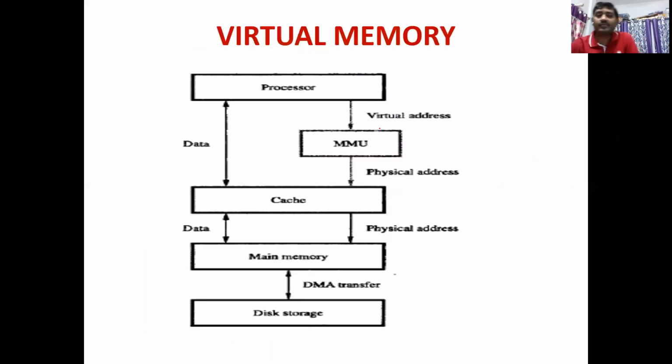Coming on to the other memory, that we call virtual memory. Generally, when we are installing the operating system, part of your hard disk, part of your storage, will be set aside for the virtual memory. You can even check it in your operating system settings, how much virtual memory is allocated for Windows 10 or Windows 7 or whichever Windows operating system it is. You can check it, right?